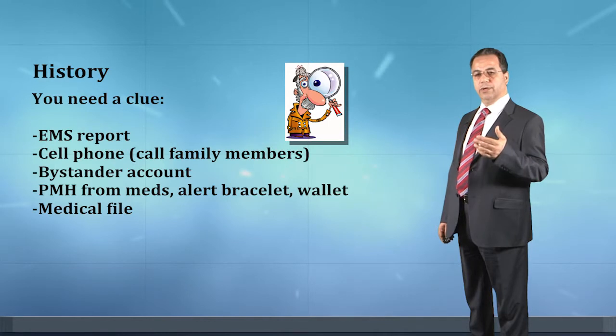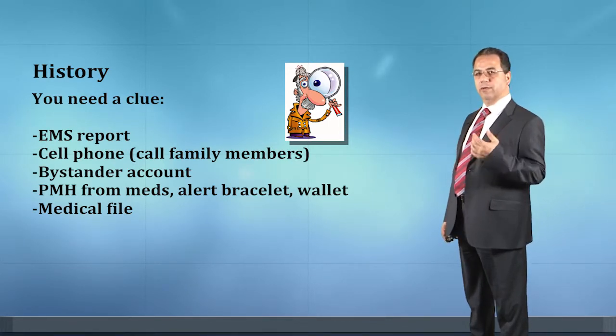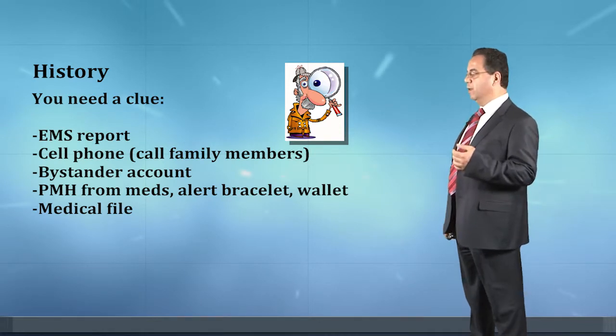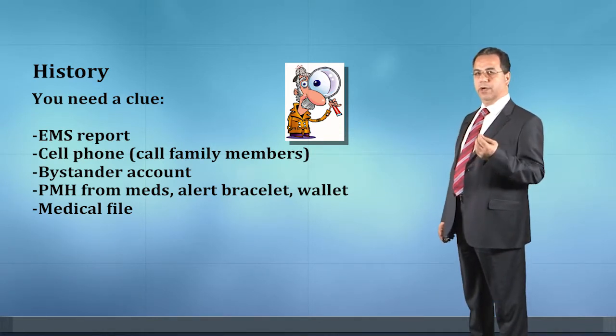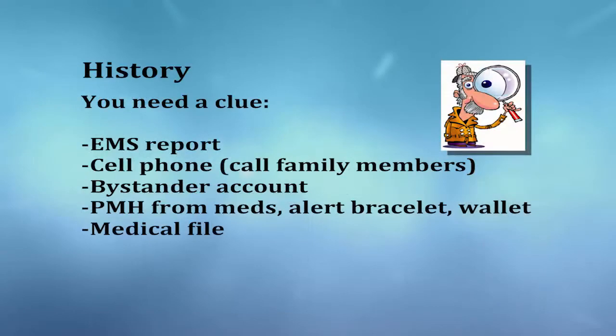So let's go through the simple, step-by-step process of evaluating such patients. We need to get clues. You are here like a detective. You need to try to figure out what's going on with this patient and what's a potential etiology for such a diagnosis. So try to get any information from the history. And remember, this patient is typically unable to provide history. He's confused or unresponsive. So anything from the emergency